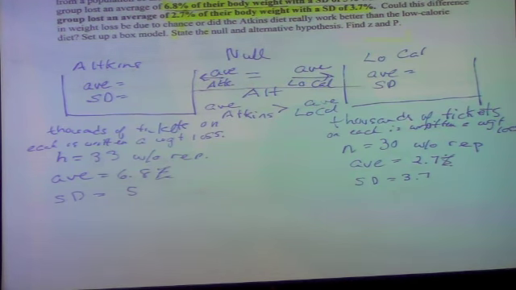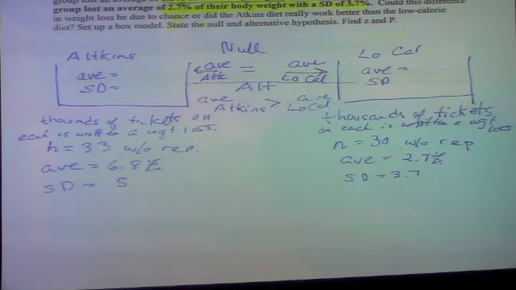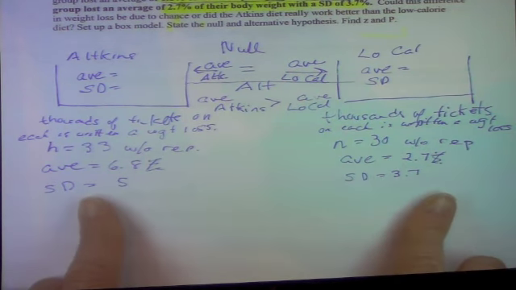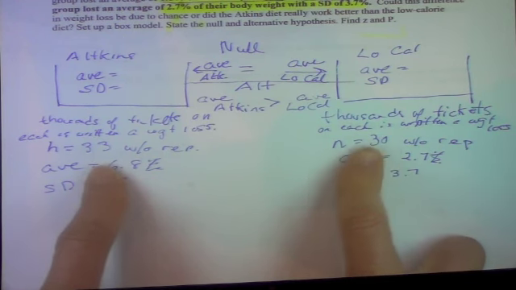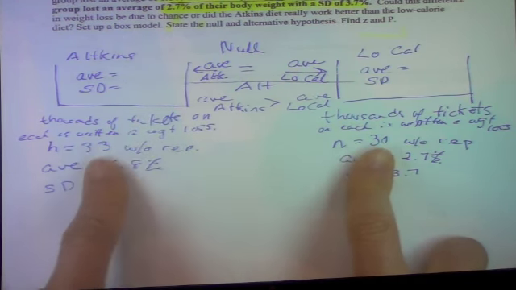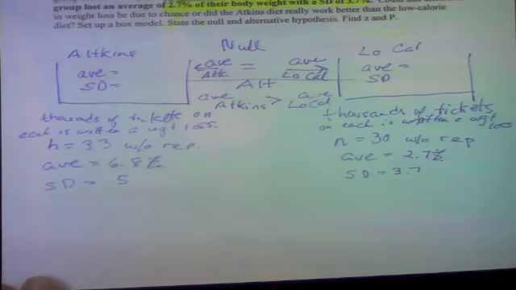Now, what do we want to do? Well, time to compute our test statistic. So far, we've learned the one sample Z and the one sample T. Those are both test statistics. Now, do we want a Z or a T? What's our sample size? I'm going to go with the Z because our sample size is big enough. Remember, we decided we were going to cut it off at 25. If we had less than 25 in each of these, I'd go with the T, the two sample T. But now I'm going to do the two sample Z.